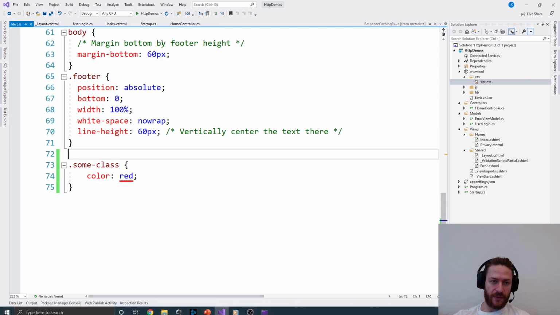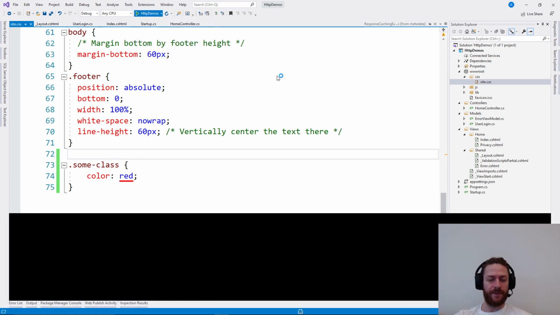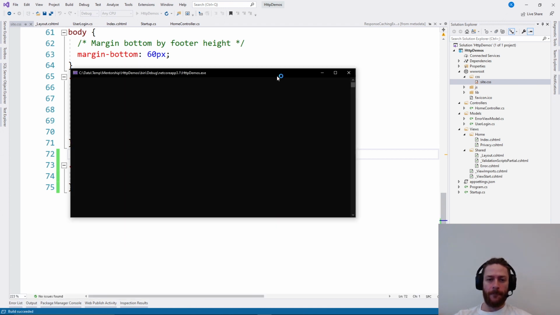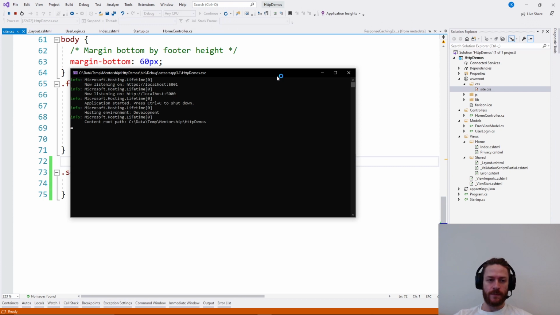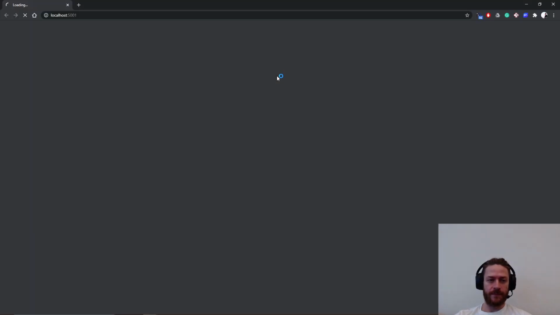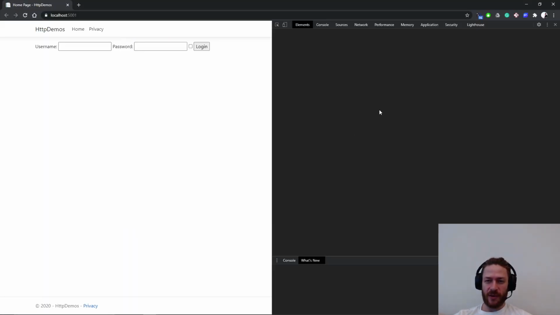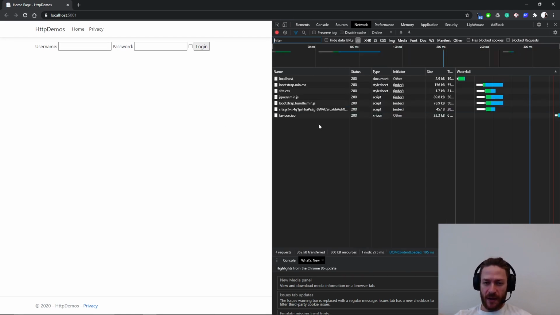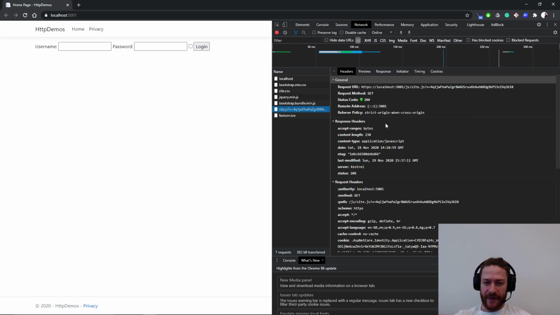Then if I go to the browser and run the app, we can go to the network tab, we can refresh, and we can see that the server gave us